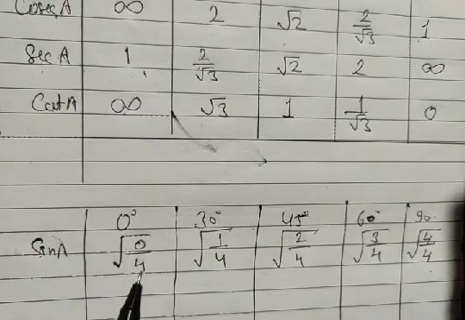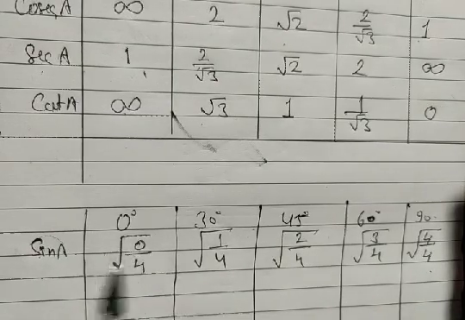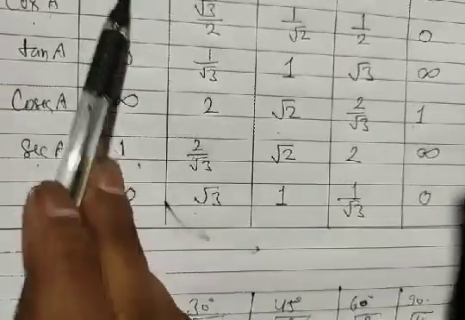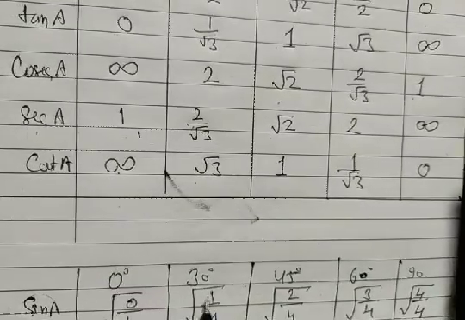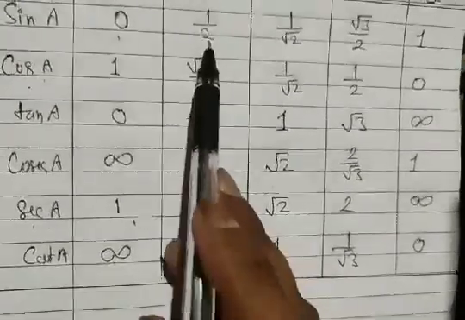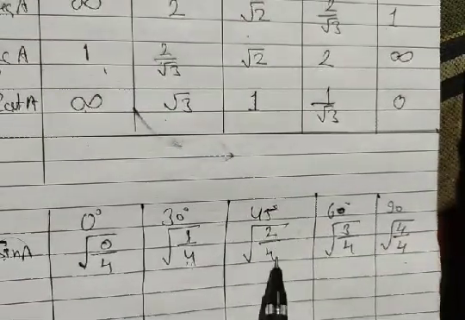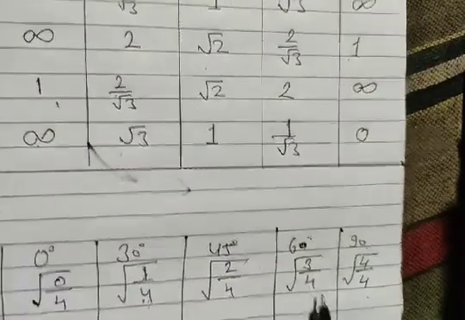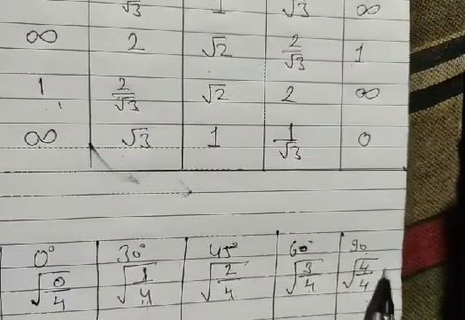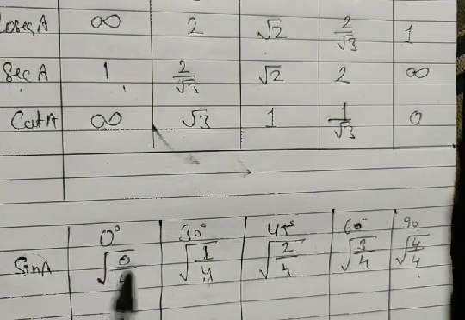Now look, 0 by 4, what do we get? We get 0, and that is the value of sine 0. Now look, 1 by 4, the square root of 1 is 1, the square root of 4 is 2, we get 1 by 2. When we solve 2 upon 4, it's 1 by 2, square root of 1 is 1, and here is root 2. What do we get here? It's 1 by root 2. Look, it's root 3, this is 2. Root 3 by 2. 4 by 4, 1. What do we get? Square root of 1, which is 1.